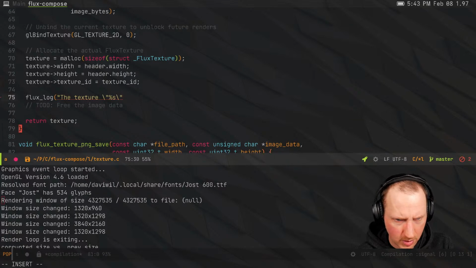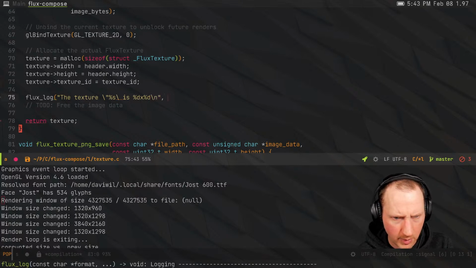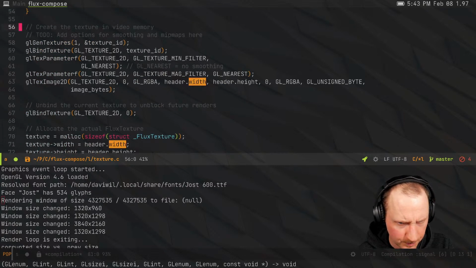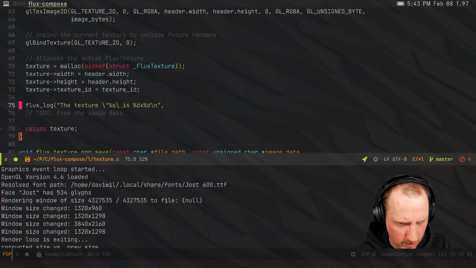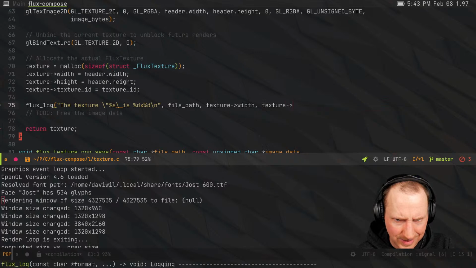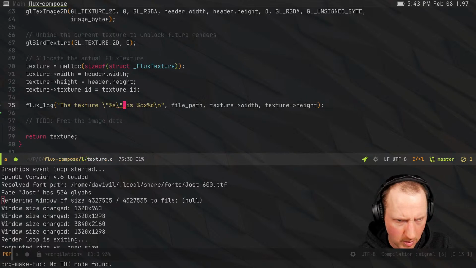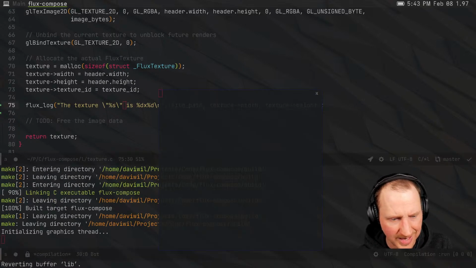Okay, so the texture is D by D. I think that should work. And then I will put in, what is it, the file path? Is that what I called the variable for that? File path, okay. File path. And then texture width and texture height. Height is a UN8, good, okay. So now I should be able to print that out. Whoops, let me put this here. I think that's a mistake. Okay, there we go. So now I might be able to see what the reported size of the